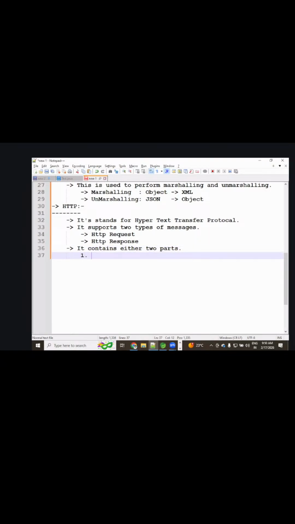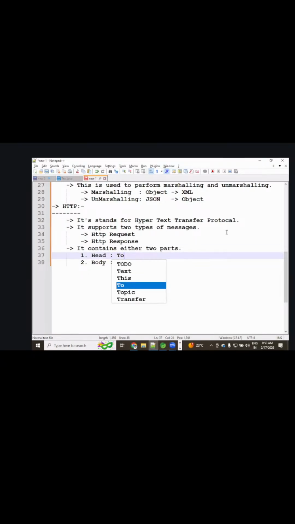One is head. The second one is what? Body. Head and body. So these are just basics to cover before starting. Okay, what is this head here?